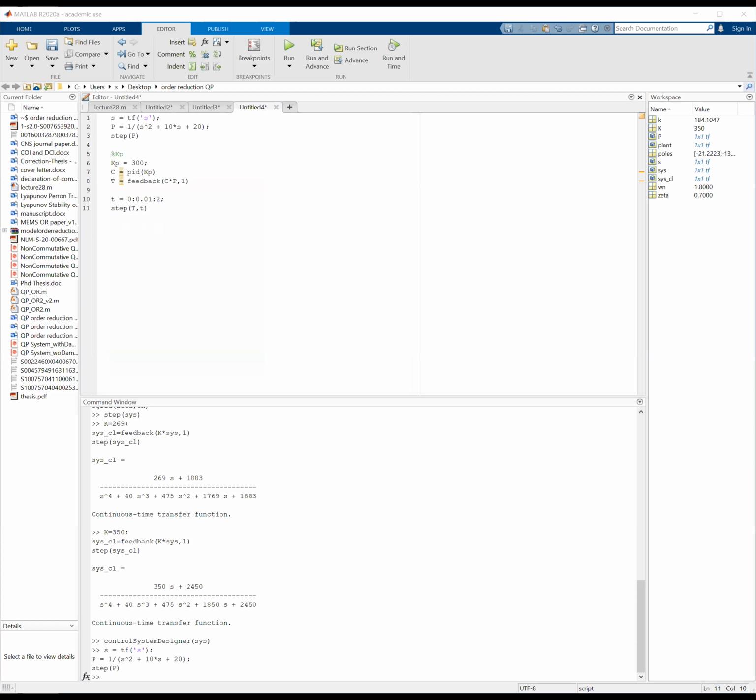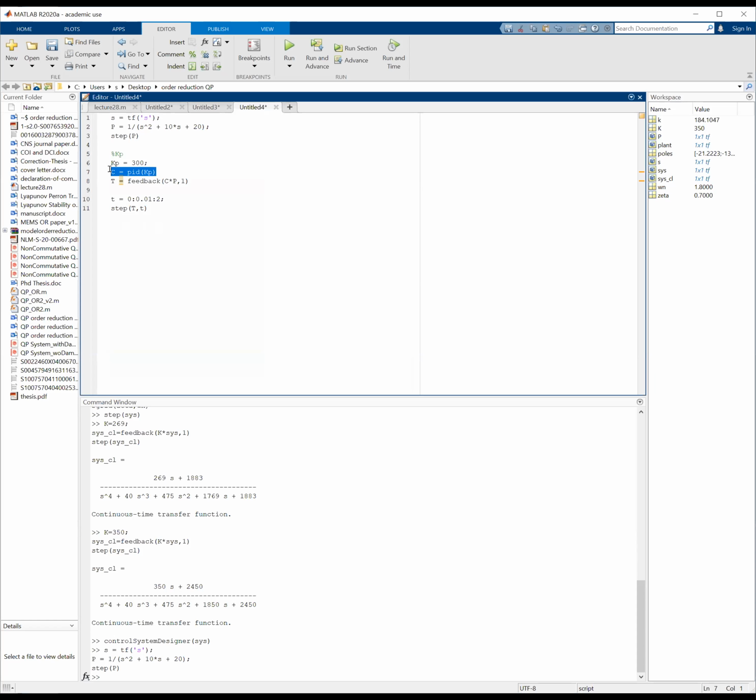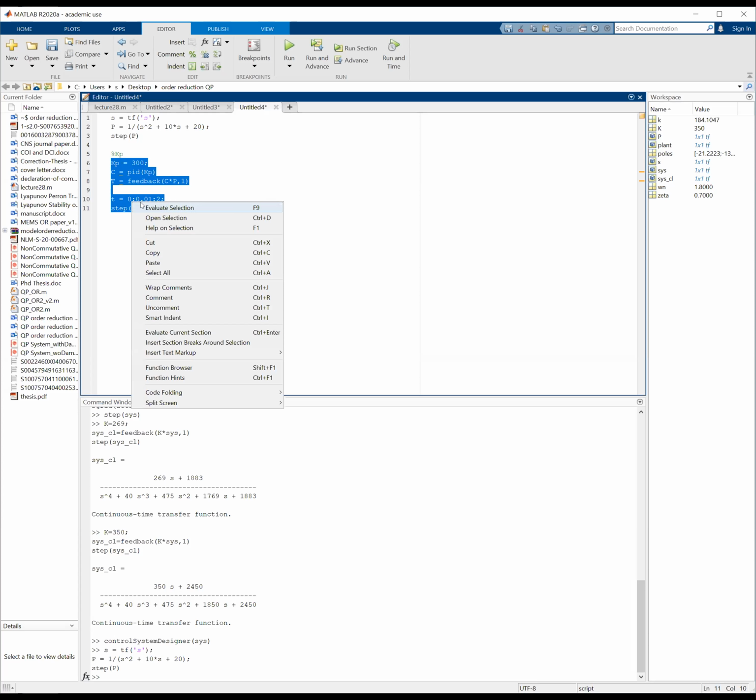So what I have done, if you recollect, this is exactly similar to what we did before, except I've used the command PID KP that generates the transfer function. And earlier I just had a gain. Now I have C times P. So I have PID multiplied by the plant transfer function, and I have a unity feedback. So I right click, select, run,